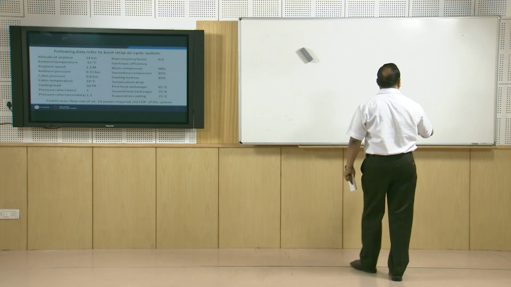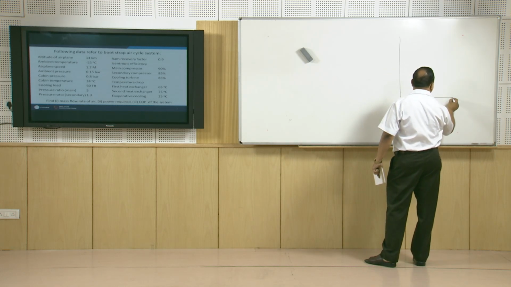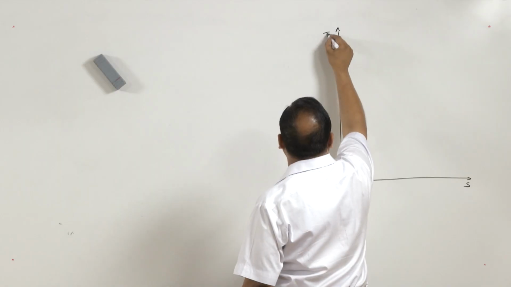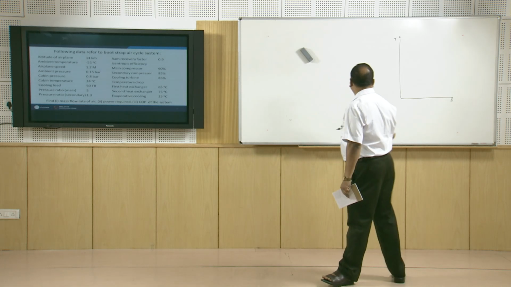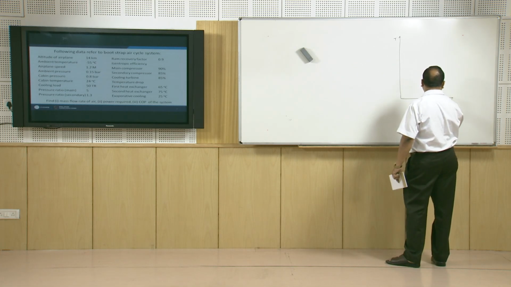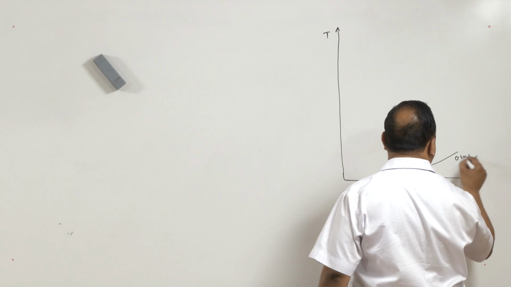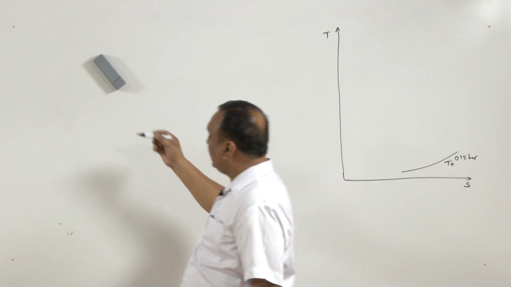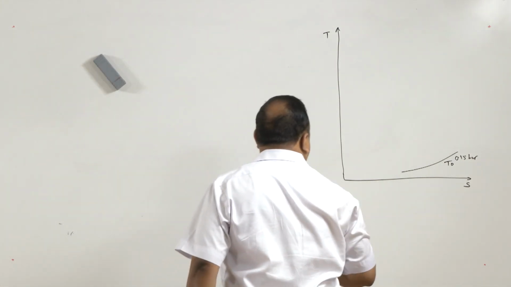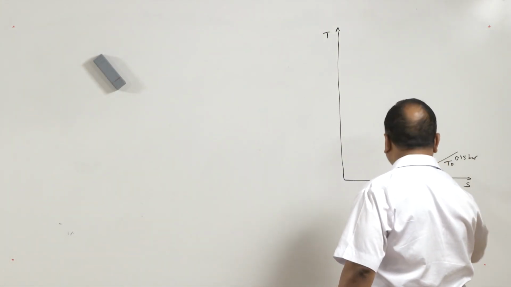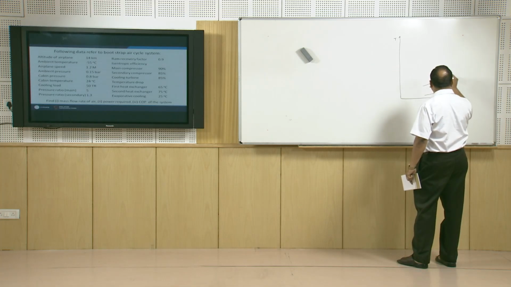Now, if we draw the temperature entropy diagram for the entire process, bootstrap with evaporative cooling, this is entropy and this is temperature. The aircraft is moving with 1.2 Mach, or air is coming towards the aircraft with 1.2 Mach at temperature T0 and pressure 0.15 bar. I will keep on writing values on this side so that whenever we have to call the values we can call from here. Now, this is state 0. From state 0 to state 1 the compression takes place,